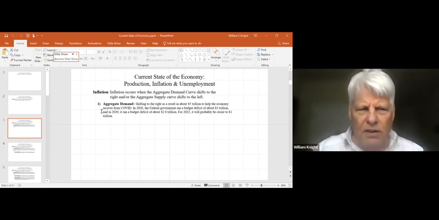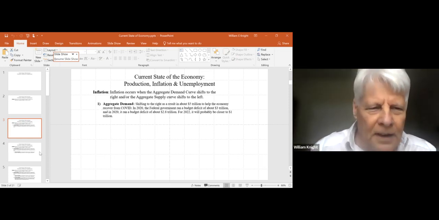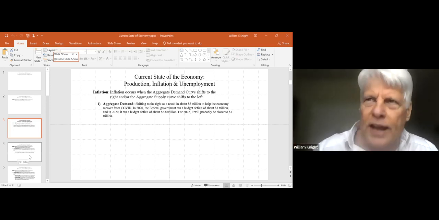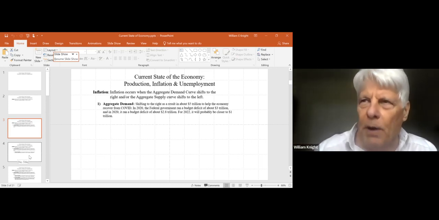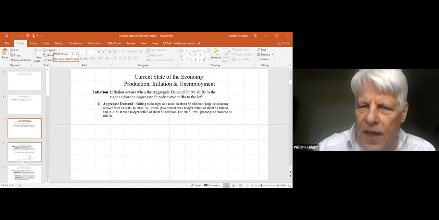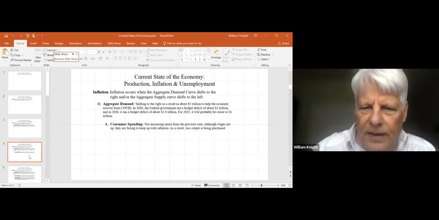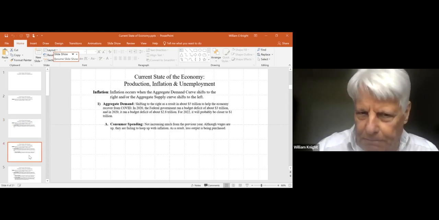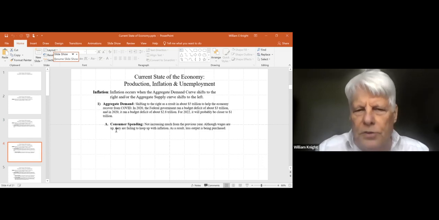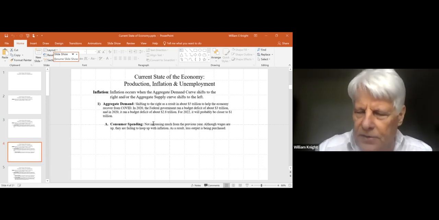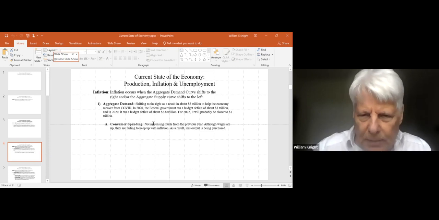$1 trillion is a lot of money. And $1 trillion injected into the economy through a budgetary deficit, that's going to shift that aggregate demand curve significantly to the right. Now, what role is consumer spending going to play in all of this? Consumer spending is increasing very much,